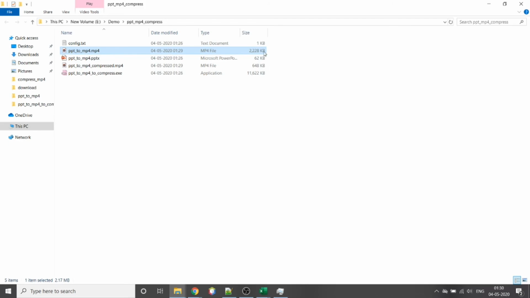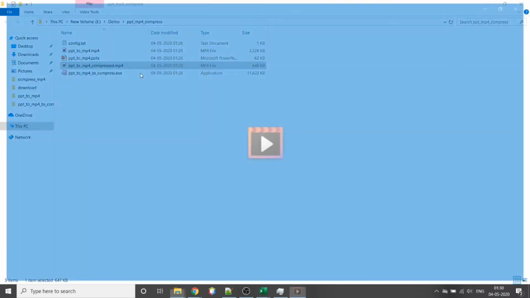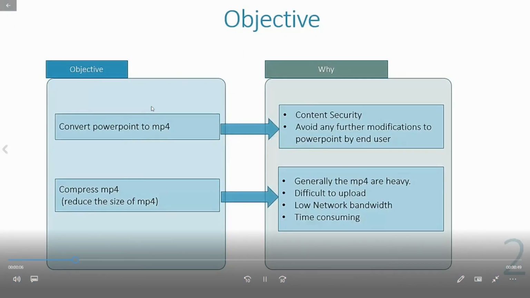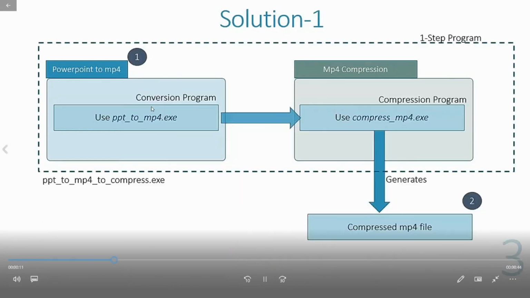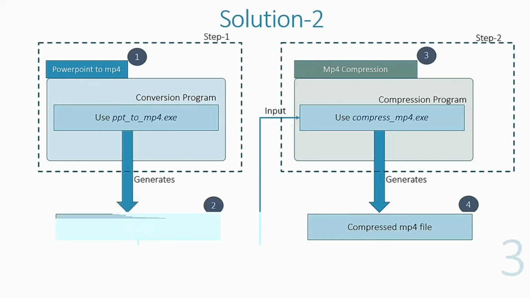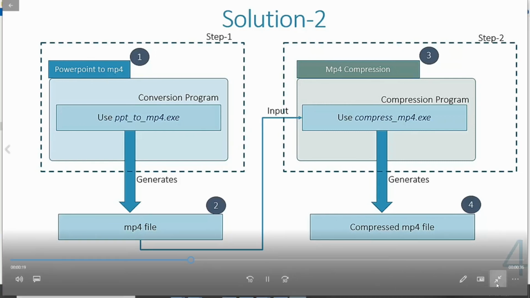So it has drastically reduced the size, and this is how the compressed MP4 looks. This is a video file, and of course if there is audio in the presentation, the audio is also included. I'll just close this file.